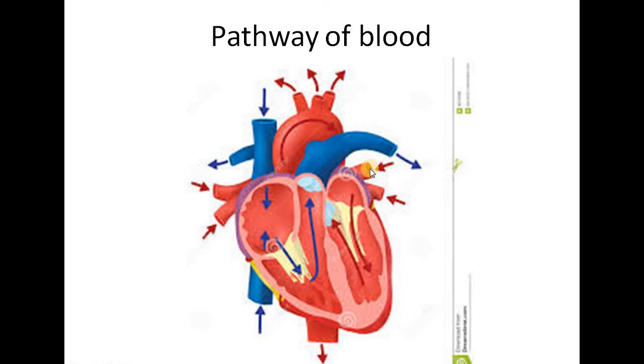The pulmonary veins are the only veins that carry oxygenated blood. Okay, now the blood will go where? It will go to your left atrium, then to the left ventricle, and to the aorta. The aorta will take this blood all over your body. Okay, now in each cell in your body there will be gas exchange. The blood will give the cell the oxygen and the nutrients, and it will take away carbon dioxide and waste, and they will go back through the inferior and anterior